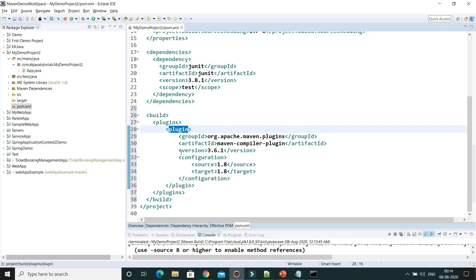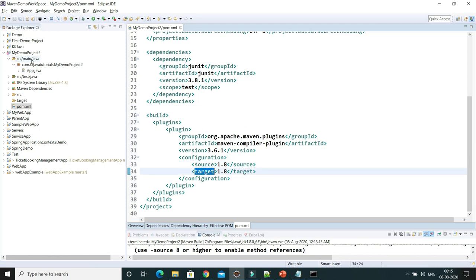Inside that you can configure a lot of plugins. One of the plugins is called the Maven compiler plugin. The group ID for this plugin is org.apache.maven.plugins, and the version is 3.6.1. Inside the configuration you can specify source and target for JDK.